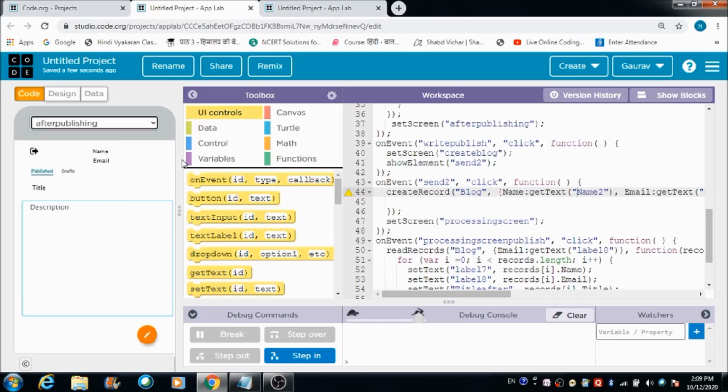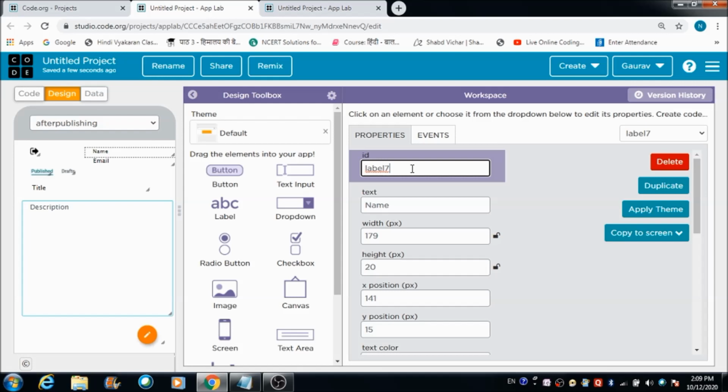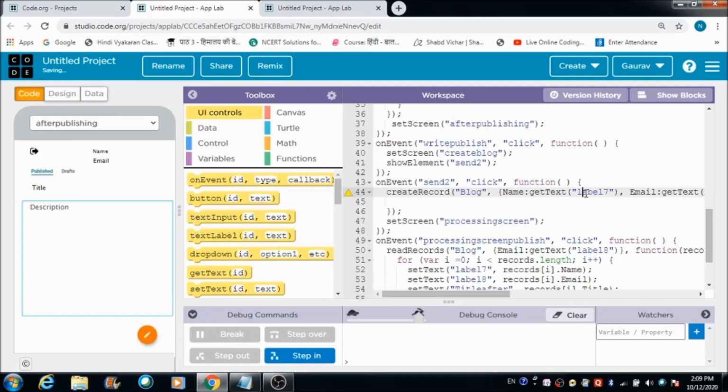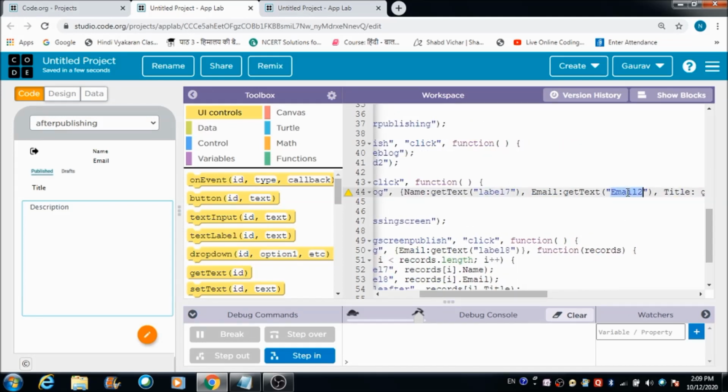So now we need to change it to label 7, right? And this one we need to change to label 8. This is label 7 and this is going to be label 8.